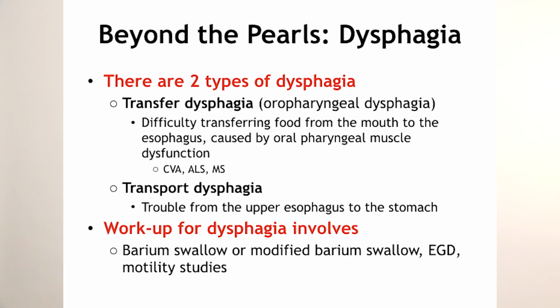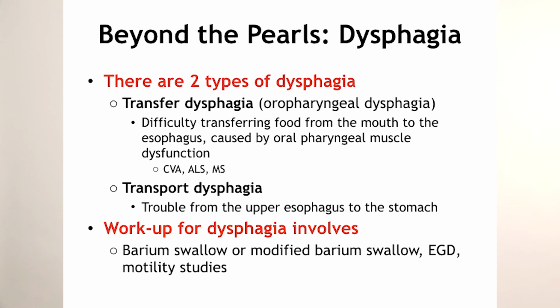So transfer dysphagia is more common than you think. Who gets it? People in this vignette. People who had a stroke. People who have neuromuscular diseases, people with multiple sclerosis, ALS. Why? Because when you have that horrible stroke, what do we worry about? Can you protect the airway? Can you eat? Can you swallow? Because if you can't do these things, what might you get? A feeding tube. And that's why in the hospital, it's so important that speech therapy and physical therapy evaluate our patients